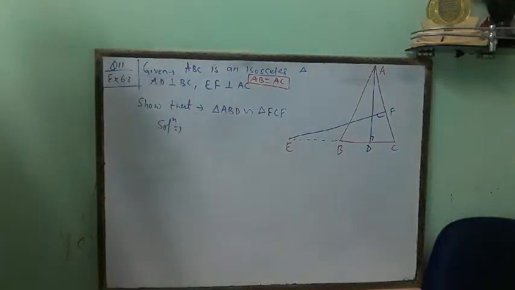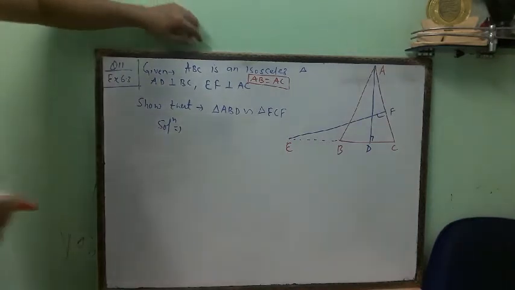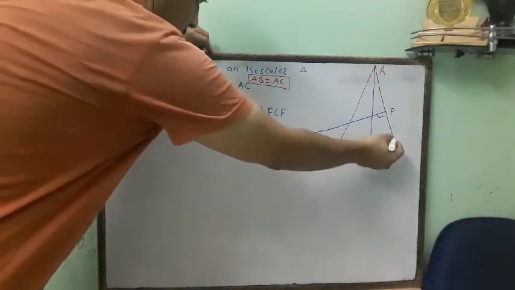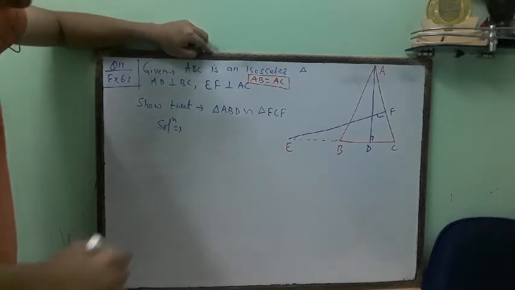You know that for making triangles similar we have to make at least two angles equal. So we will go for this one. The first angle: angle B will be equal to angle C, because triangle ABC is an isosceles triangle, and the base angles will be equal. Now the second: in triangle ADB it is angle D, that is 90 degrees. In triangle ECF, angle F is also 90 degrees.